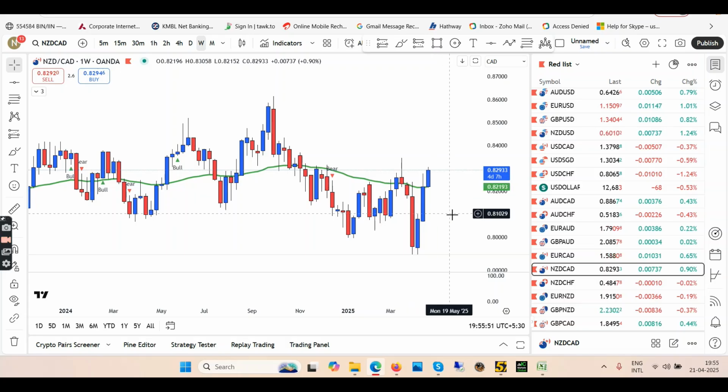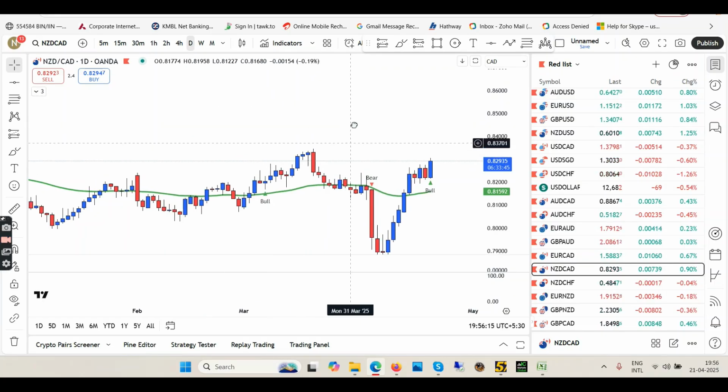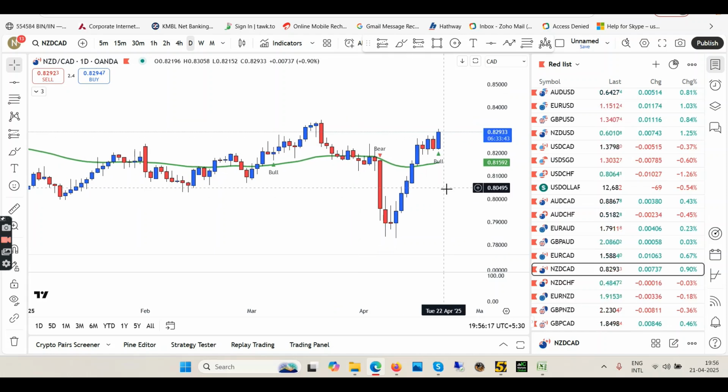In weekly, it could take 2-3 weeks, or it could take 1 week to reach there. This blue candle or more blue candles in the coming weeks will have to reach until here. So in the next 2 weeks we could say that this NZDCAD will reach up to maybe 85.00. It could take 2 weeks, 3 weeks, I don't know the time frame, but it would reach until here. But if you go back to shorter time frames such as daily, we can see the next blue candle is this.